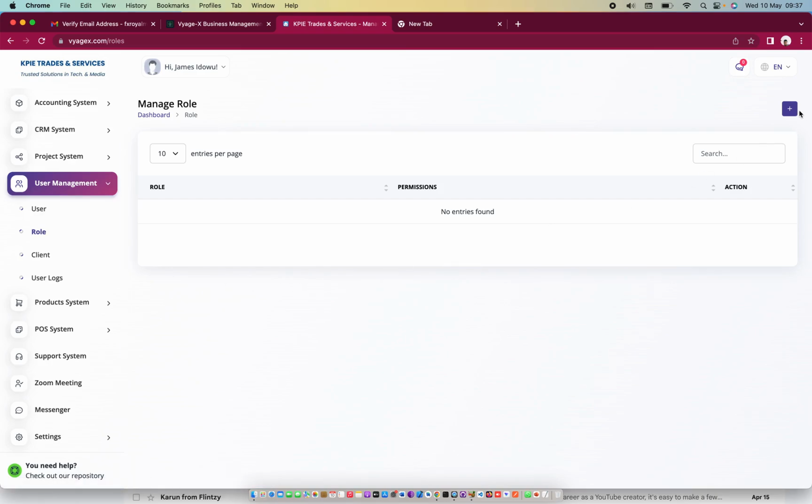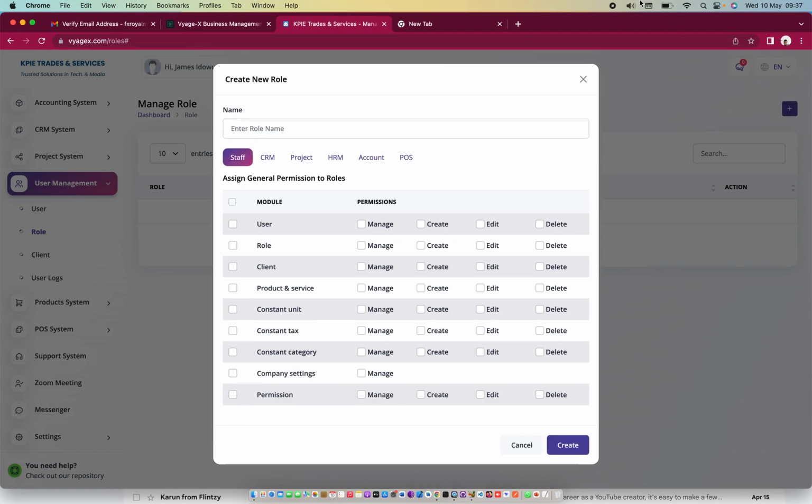I'm going to create a brief department for this KPI trades and services, the kind of departments available here. Now, first one, we have project managers. That is a department, project management. Now, what are the roles that this project management department can do? Under staff,